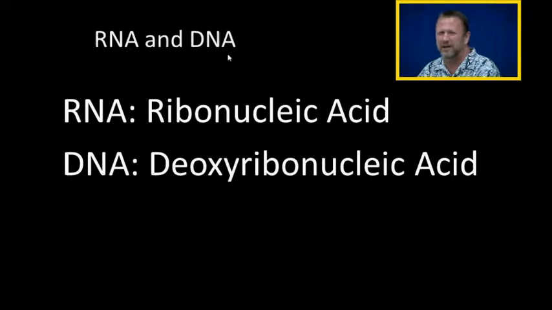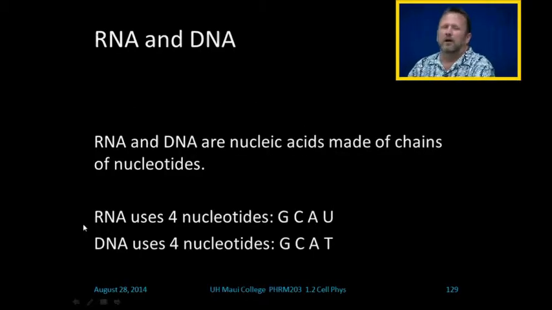Ribonucleic acid. These NA words stand for nucleic acids. Okay. NA, nucleic acid; NA, nucleic acid. That stands for ribo, as in ribosome, ribo sugar. That's what R stands for. And then D stands for deoxyribonucleic acid. All right, RNA and DNA, they use 4 nucleotides, and as far as I'm concerned, they're the same